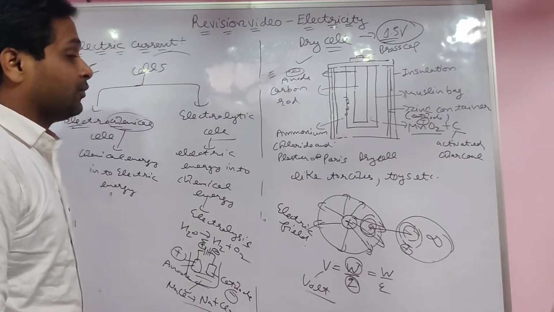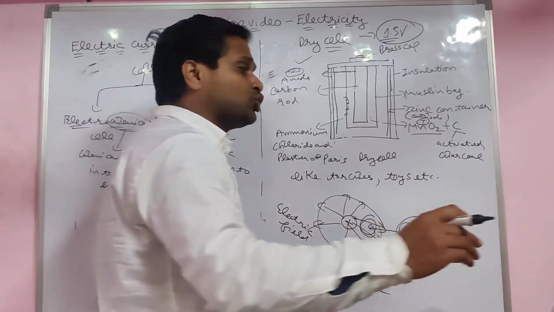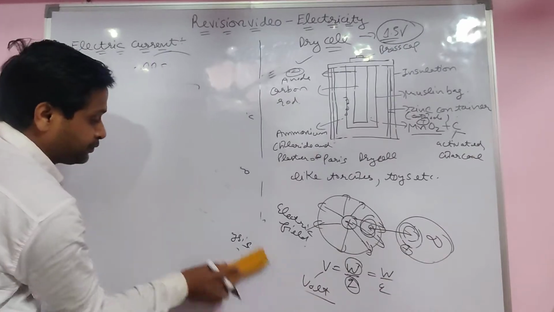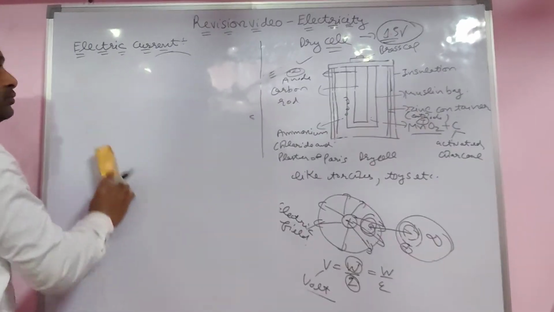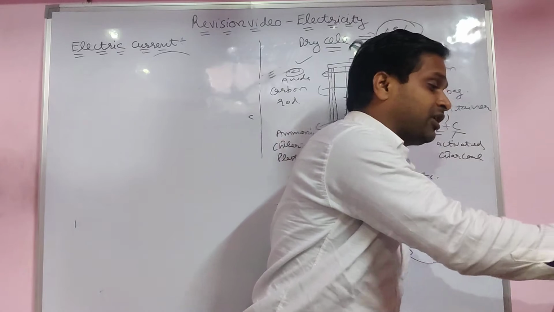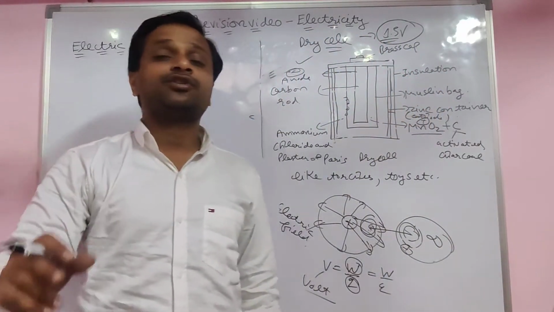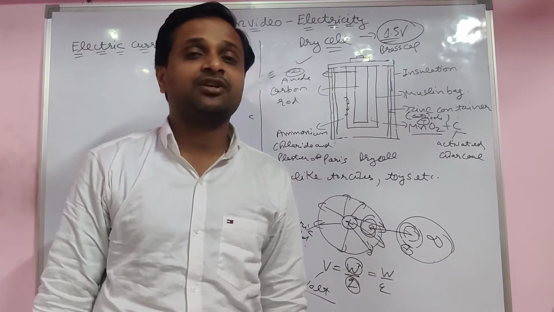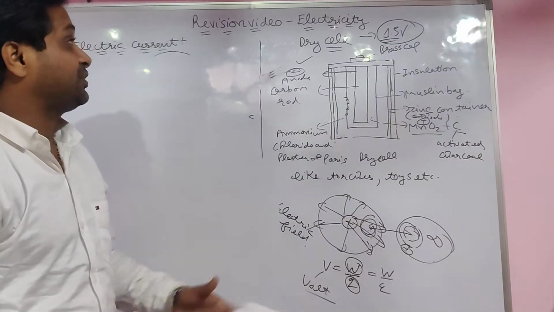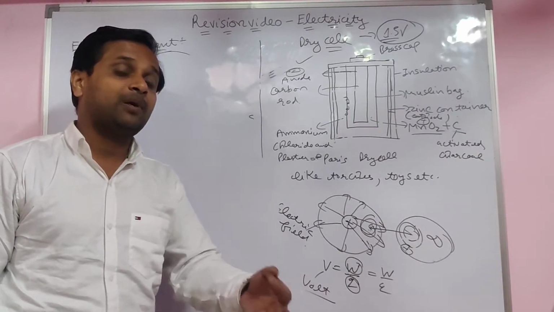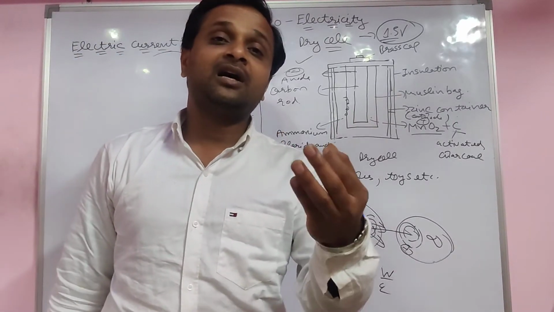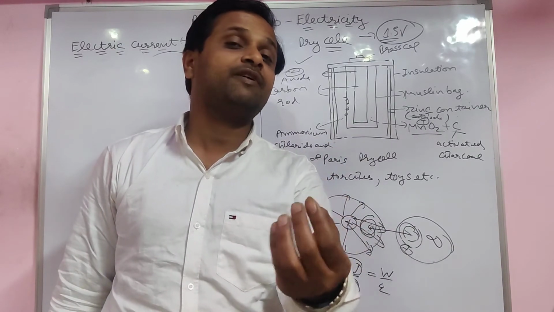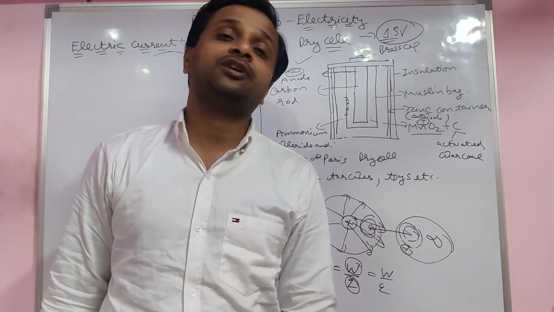From where do you get electricity? What is the main source of electricity? I already explained the electric mains to you. Electric generator also. So electric mains, electric generator, electricity with the help of wind and water, I will explain in the next lecture, student. So this is my lecture. In the next lecture, I will explain how we get electric energy from the electric mains, from the wind and water, and from the electric generator. Thank you.